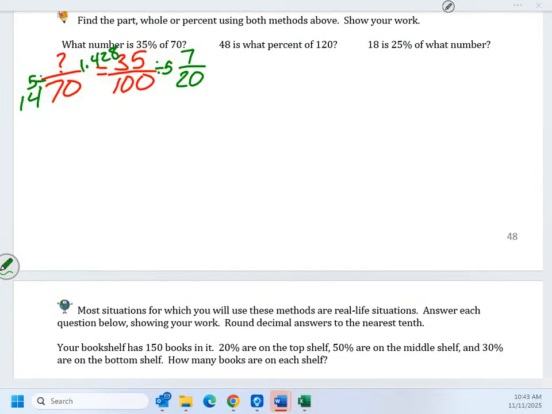Okay, I'm going to stop there, because the hundredths place is what we round to when we get a big decimal. So we look to the thousandths place. So we had 1.428, so that would round to 1.43. So 70 times 1.43 would be,